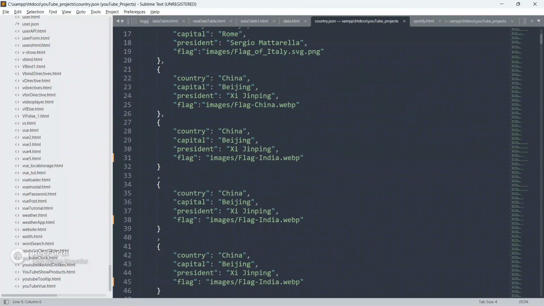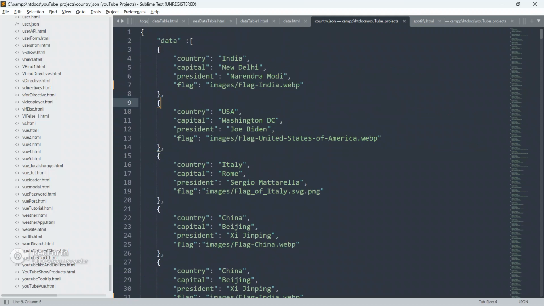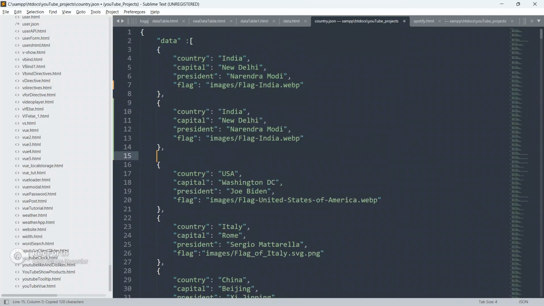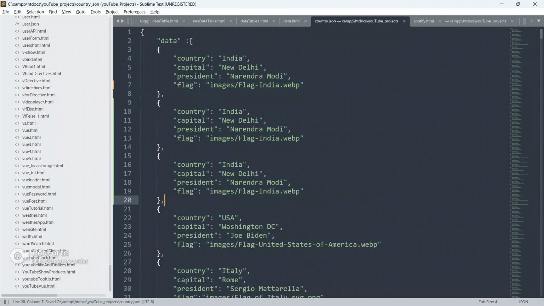Let me go to the country.json file, guys. This is the country.json file I am using. Let me increase the entries of India three times. So I have increased the country entries for India three times.